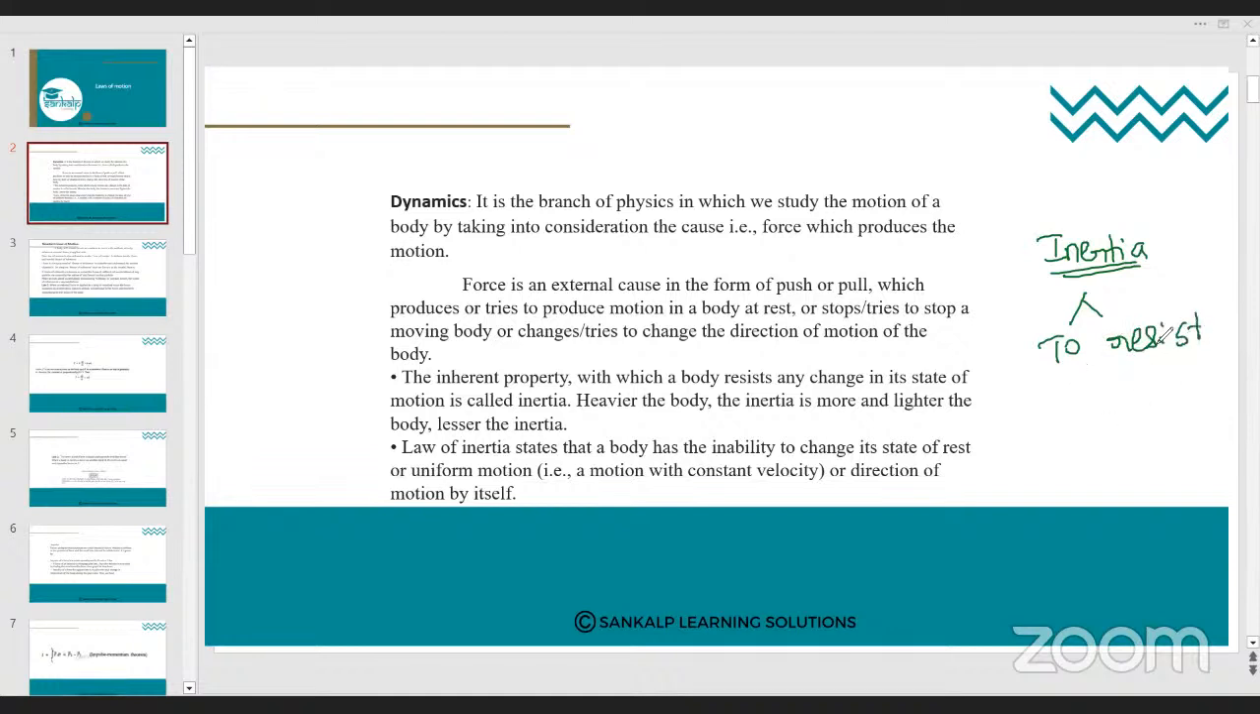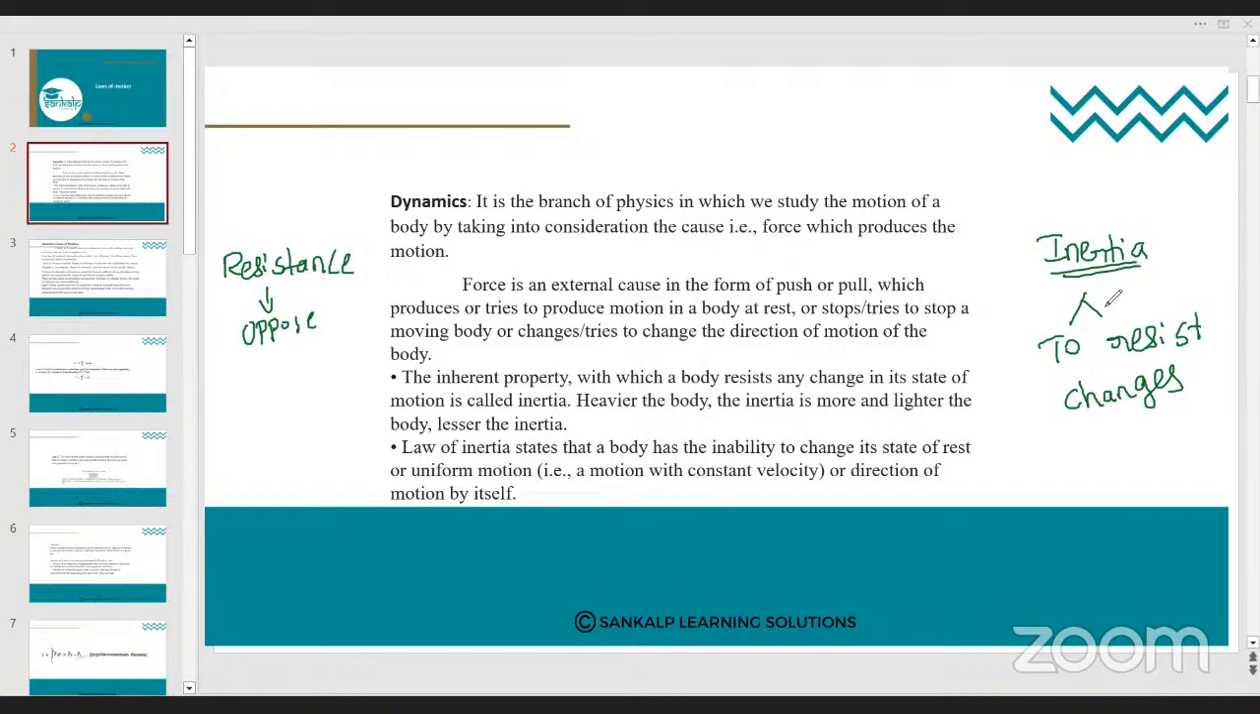So here what it is resisting? It is resisting the changes in it. You can compare the inertia with the resistance. So what does resistance do? Resistance will oppose the flow of the current. It is the property of the material to oppose the flow of the electric current passing through it. Correct. So similarly, here inertia is the inherent property